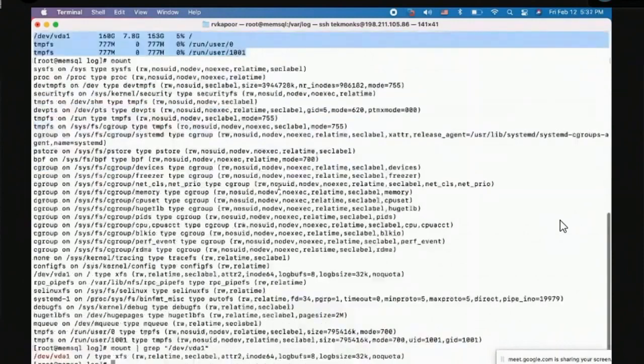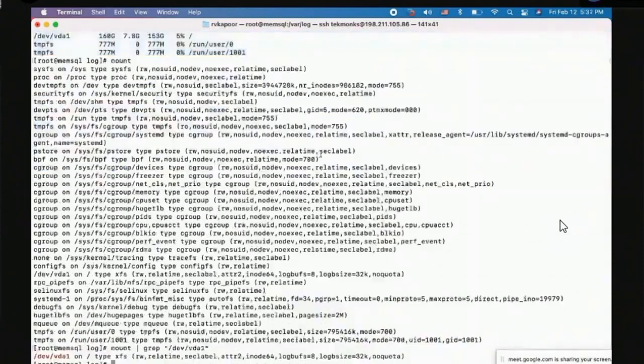Any questions so far? Yes, Rohit. Just like we track the processes, can we do the same type of tracking with